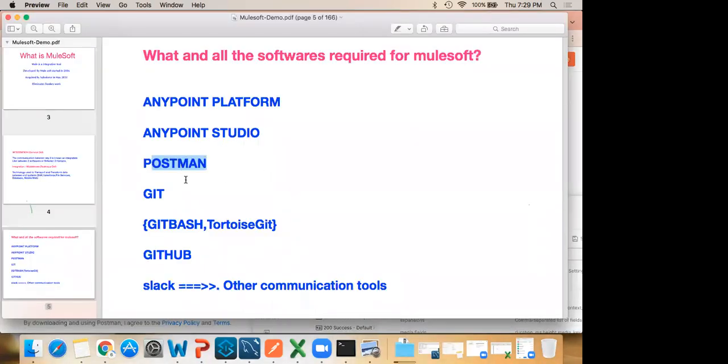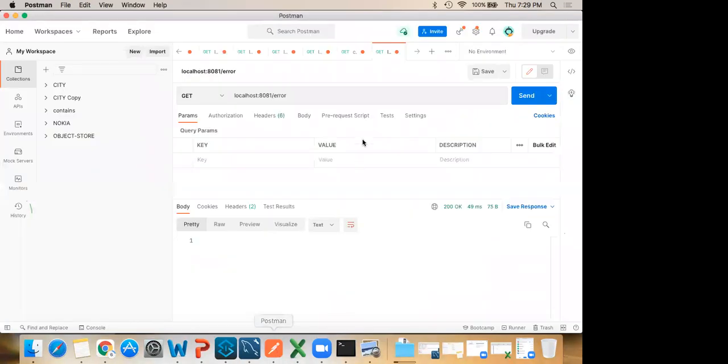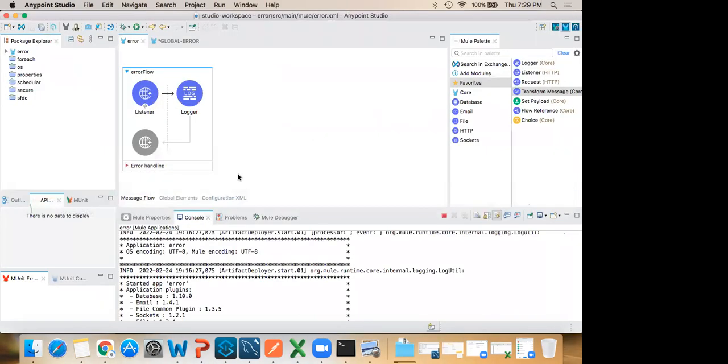సో వై వీఆర్ గోయింగ్ టు యూజ్ దిస్ పోస్ట్మన్? So Postman is used to test our application. నేను ఇక్కడ హలో వరల్డ్ ప్రోగ్రామ్ రాశాను కదా, దీన్ని రన్ చేయాలంటే వీ హ్యావ్ టు యూజ్ దిస్ పోస్ట్మన్. ఓకే, ఈ పోస్ట్మన్ ఎలా వాడాలి ఏంది, ఎవ్రీథింగ్ ఐ విల్ ఎక్స్ప్లెయిన్ ఫ్రమ్ స్క్రాచ్. వెరీ బేసిక్ నుంచి చెప్తానండి ఏది ఎలా వాడాలని. ఇప్పుడు జస్ట్ డెమో కాబట్టి ఏమేమి ఉంటాయి, ఎలా డౌన్లోడ్ చేయాలని చెప్తున్నాను. ఓకేనా, నెక్స్ట్